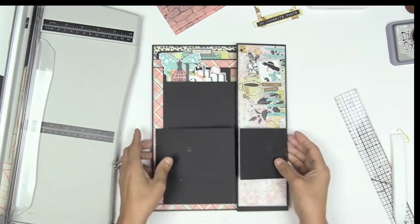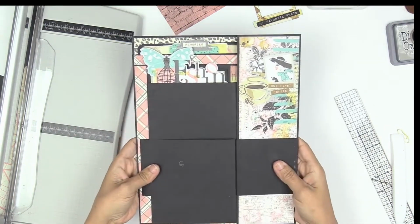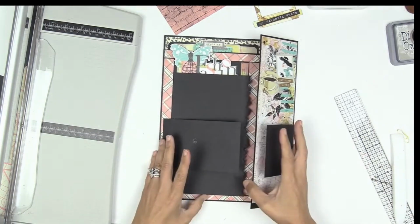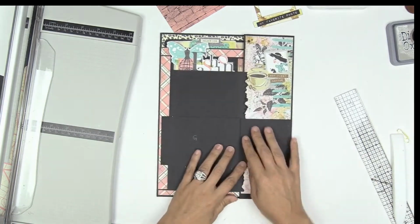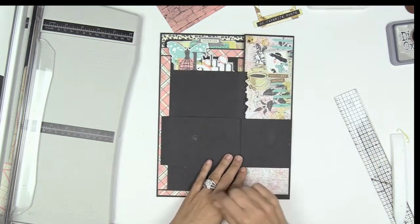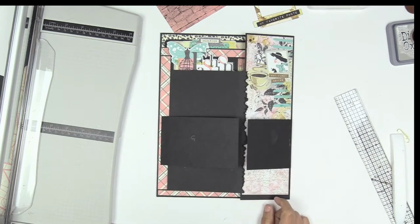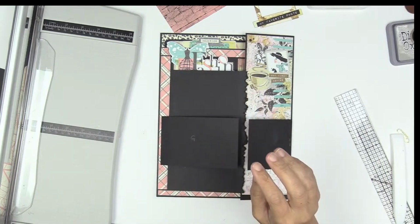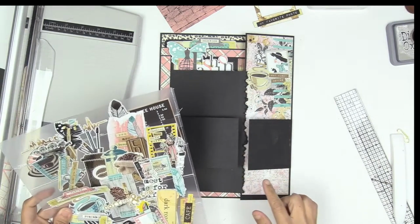So this is what I wanted. Oh my gosh, is that not adorable or what? I can't take it. Well, actually, like this. I love that tearing, that little torn edge. So pretty. Photo mats. Of course, I want to put pattern paper there, but I'm not. First, let me think about